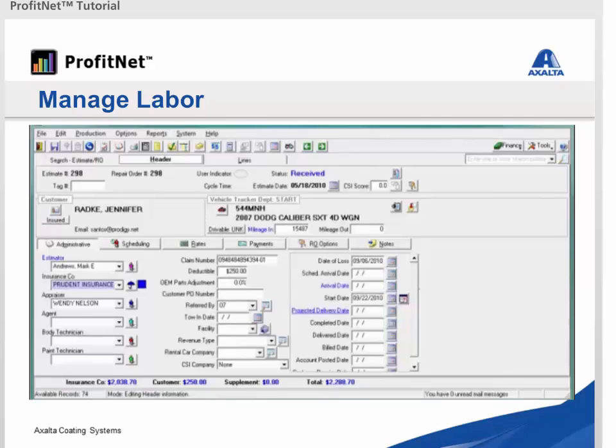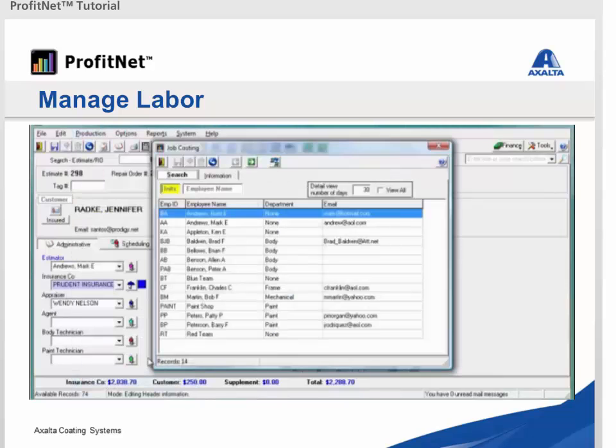Perhaps in your business, you do not use labor allocation or pre-assign labor. ProfitNet can assist you in manually distributing work to your technicians. In this case, if you want to flag labor without using an allocation module, go to Production, then Job Costing,